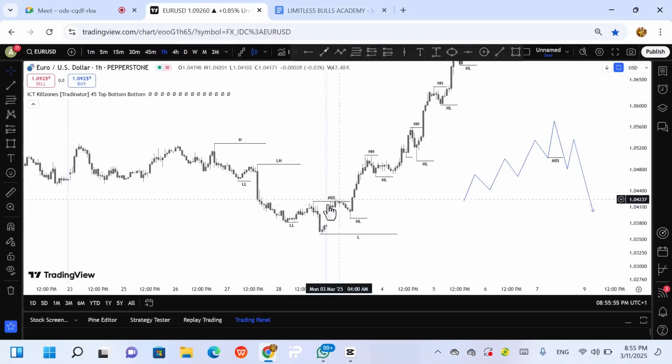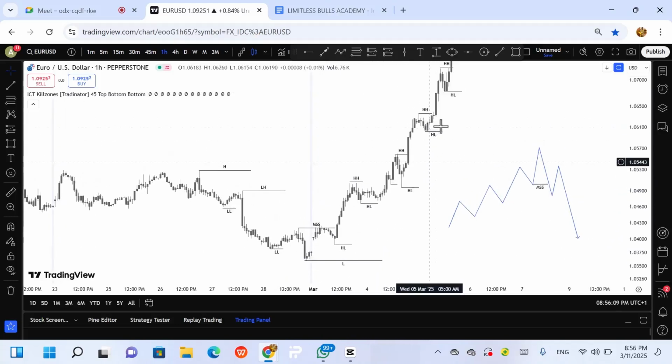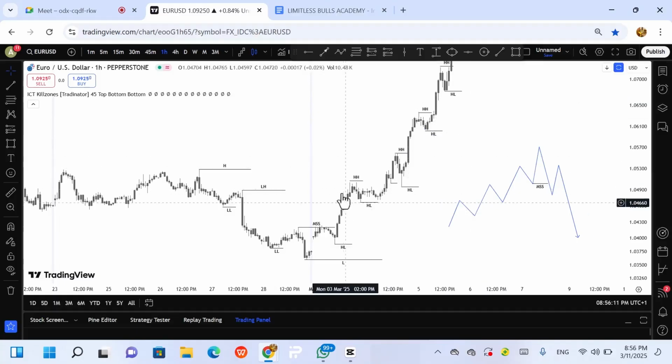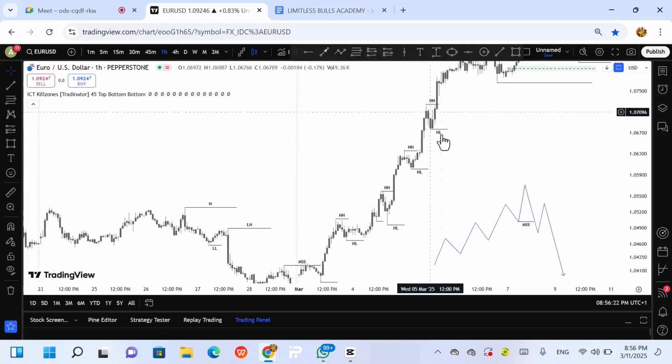So after this market structure shift, what happened now? Market has changed trend, and this is what market structure is all about. So what do we see? We got a higher low first, higher than this low. We now got another higher low. We now got another higher low. We got another higher low, and at the same time, we are getting higher highs corresponding to each higher low. Higher high, higher low, higher high, higher low. So you see the progression now. Higher high first, then higher low.